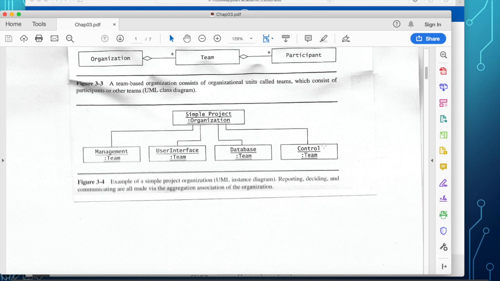In our current situation, each team is a complete team consisting of management, UI people, database people, control people, all in one particular team, and you are responsible for a single project.